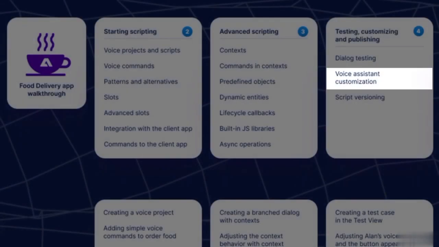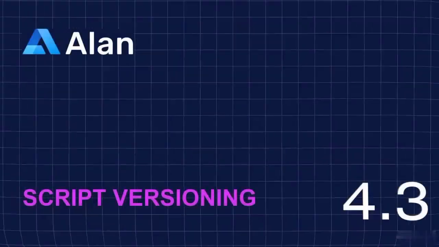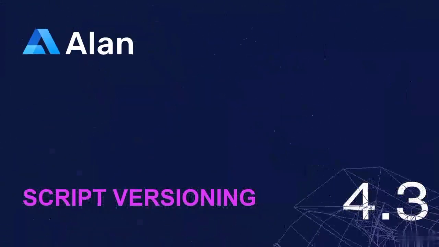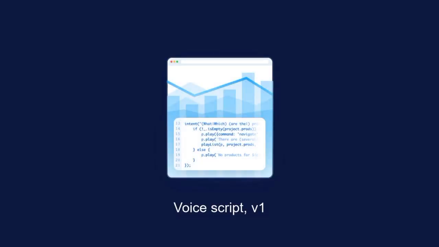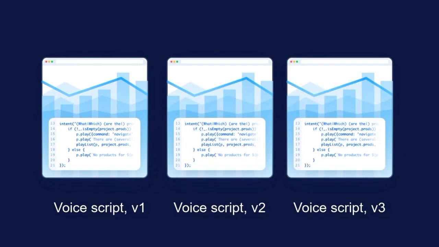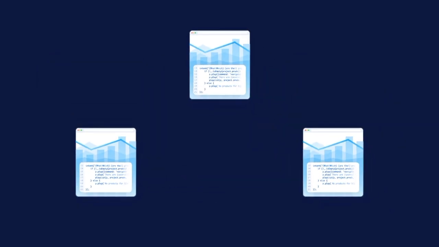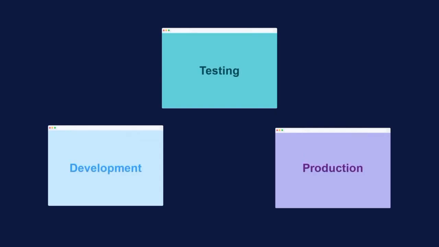After customizing our voice assistant's features, we're ready to roll it out. In this video, we'll cover how to save different voice script versions and push them to different environments. As you iterate on your voice project, you'll need to keep different versions of your voice script at hand. Alan lets you deploy multiple versions of the voice script to different environments for development, testing, and using it on